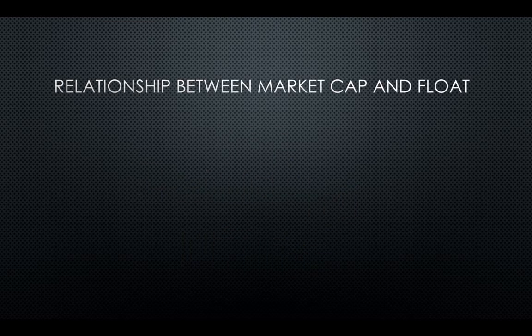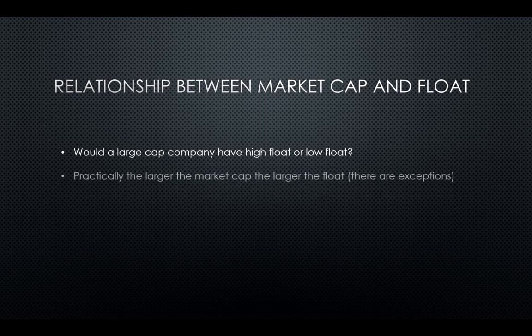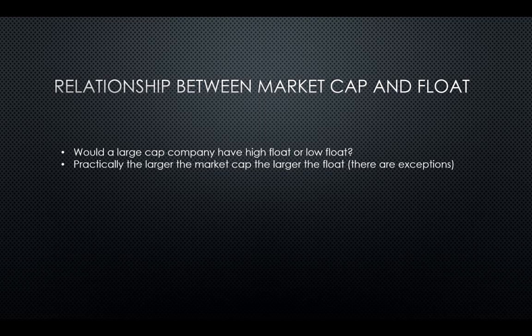Okay, so how does all this fit together and how does it affect me as a trader? First, let me ask you a question. If a company has a market cap of $50 billion, do you think it will have a high float or a low float? Well, the scientific answer is we don't know. Since there is the factor of the restricted shares, remember that the market cap equals the shares outstanding multiplied by the share price. So a company might have 10% restricted shares while another might have 60%. However, the practical answer is that it will generally have a high float in hundreds of millions or even billions